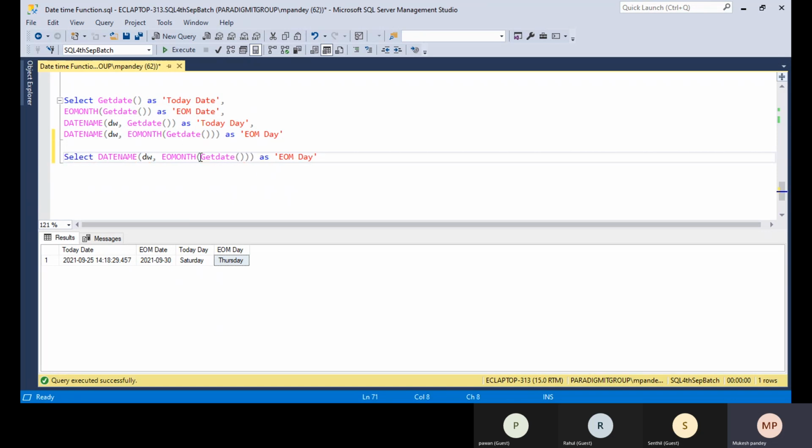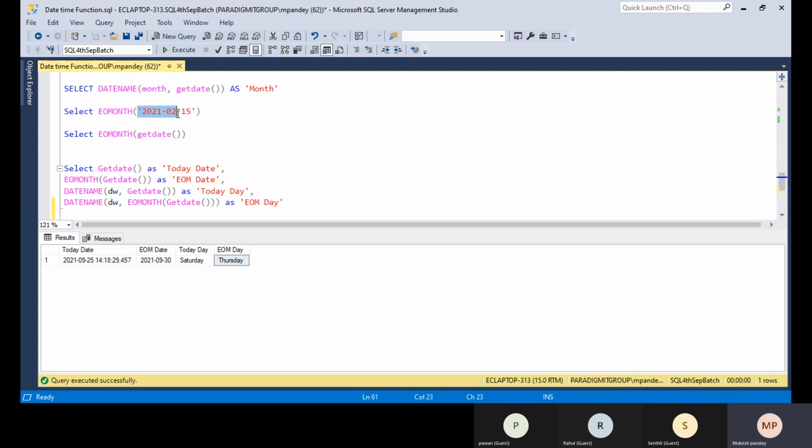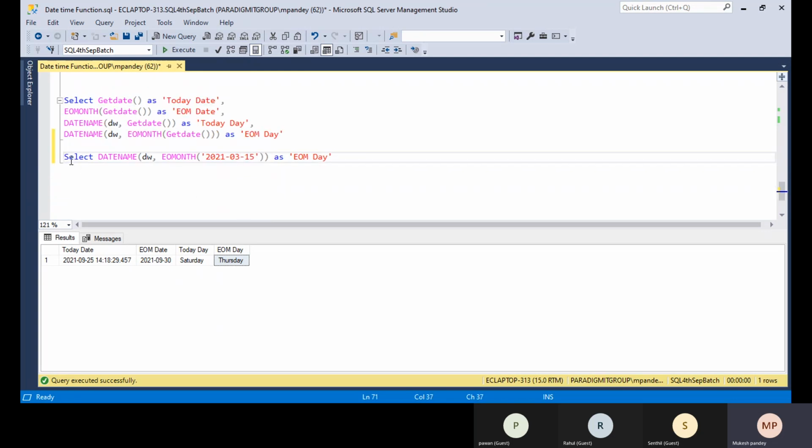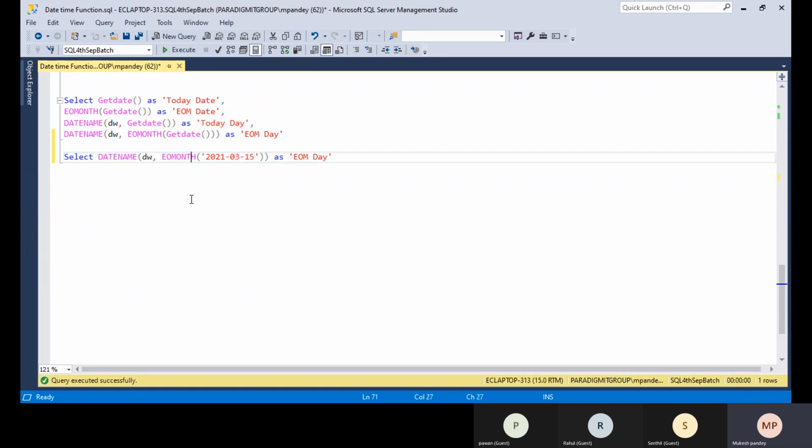For example, I'm copying this date here. Within the GETDATE, you can put this date. Let me put the 15th of March. You can give any date of March, and you will get the exact last day of March. You can see Wednesday is the last day of March. Does anyone have any question on this?